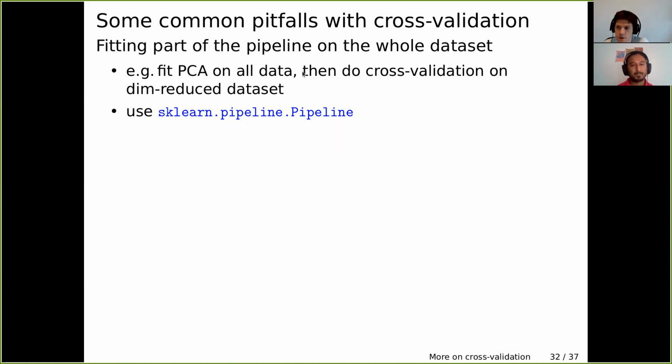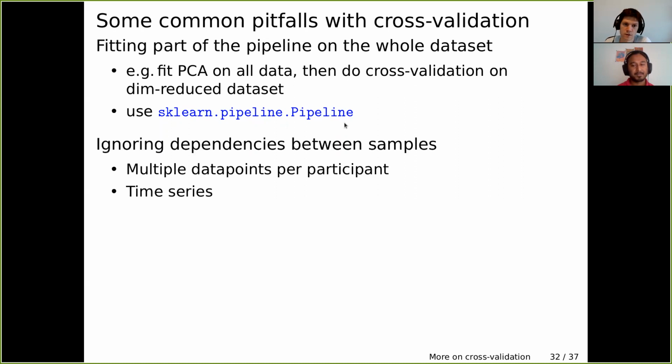It seems obvious when we say it like this, but sometimes it's hidden in the middle of many lines of code, and this kind of mistake can sneak in. And there's something called the pipeline in scikit-learn that makes it easy to make sure we fit everything only on the training data. Another mistake is to